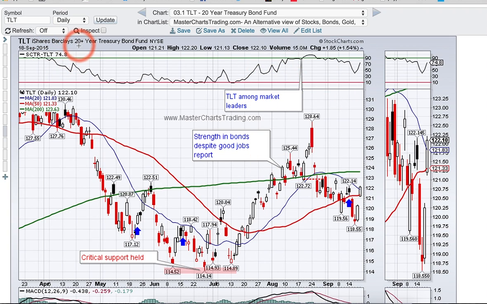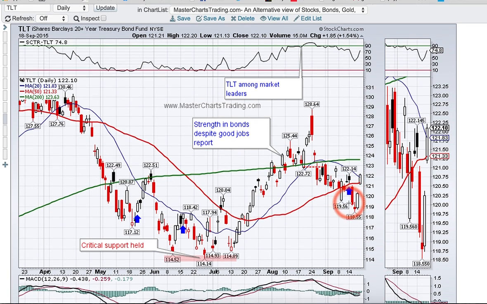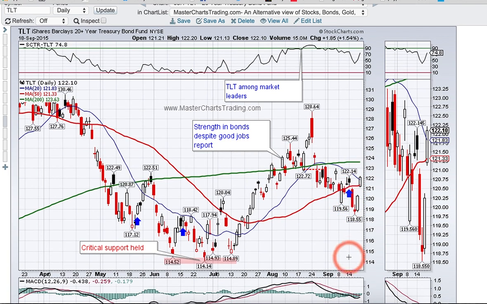So TLT, this is the Treasury fund, long Treasuries. My buy signal right here was actually before the Fed, I think on the 13th of September. And we had what I thought was a nice whipsaw. We had a drop, then we held support, so you can see there was buying pressure here. This candlestick by itself looks somewhat bearish and maybe indecisive, but the follow-through on the next day